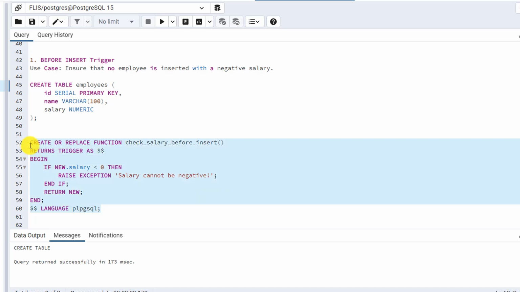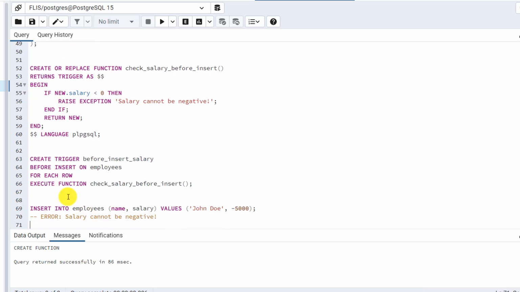Now let's try to execute this one. So here you can see we have created a function, right? Now we need to call this particular function. So here you can see, create trigger before_insert_salary. We have given the name before_insert_salary, and then we have the event, before insert. So we have defined before which event, the insert event, on which table, on the employees table. Based on the execution part, for each row, because we are dealing with each row